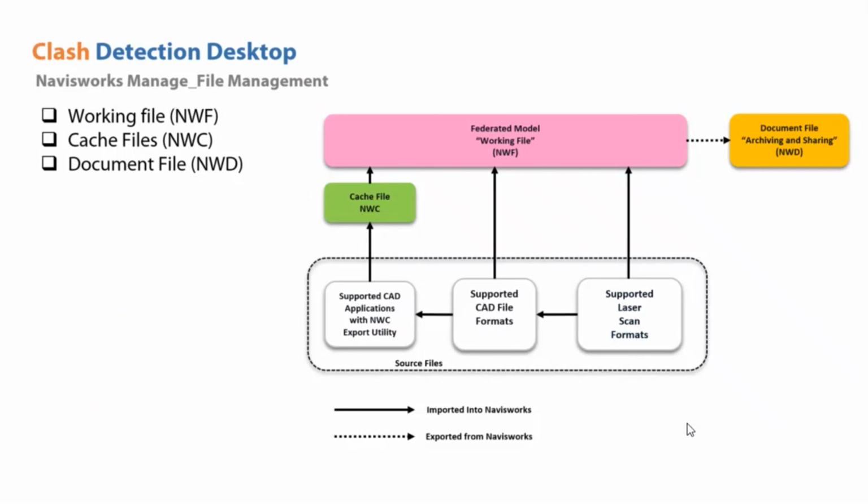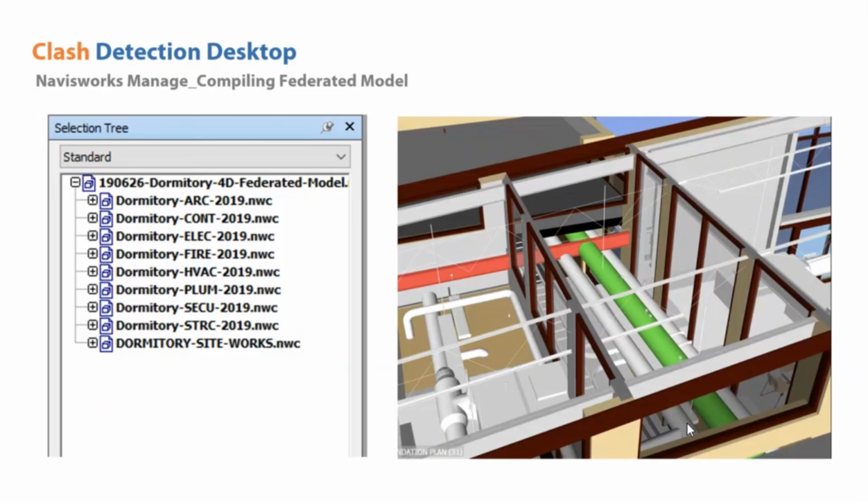And that is where we carry out all kinds of operations inside the Navisworks file set, that is, the working file, including clash detection, 4D simulation, or even model reviews. And finally, as part of sharing with other stakeholders, we can export or document these files in the NWD format, which consists of appending all the individual NWCs incorporated. So the ability of Navisworks to compile files belonging to different disciplines helps coordinators and reviewers to process a seamless